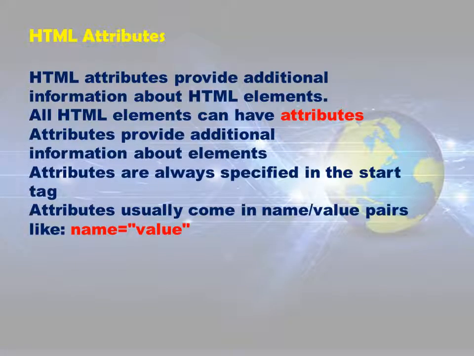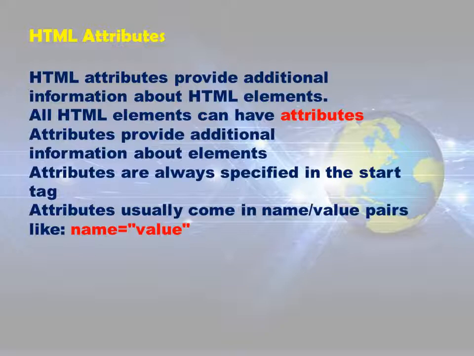Now we discuss about the next, that is the HTML attributes. Again it is an important point when the tags come. So what are the HTML attributes? HTML attributes provide additional information about HTML elements. So whatever tag you are going to define, the additional information for that tag, means the additional feature of that particular tag, or what we can do additionally by using that tag, it is with the help of the attributes.